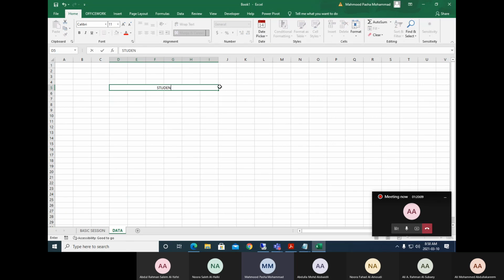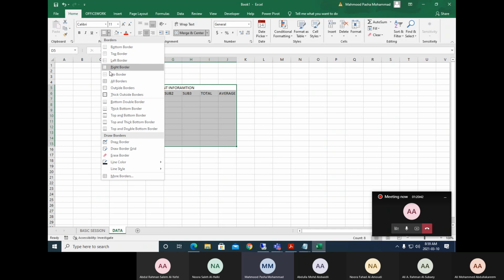I say student information. Okay. So inside this, I want to enter the data for the student, like student number, student name, subject 1, subject 2, subject 3. Then I will write here total. Then we say average. Okay. So these are the different things which we want to apply here, right?